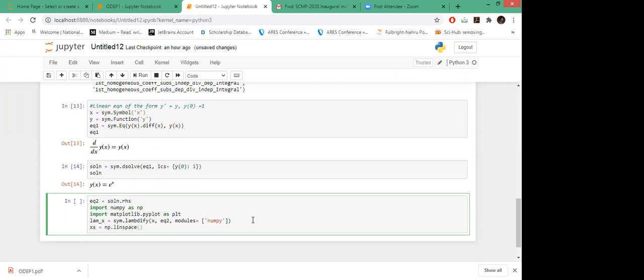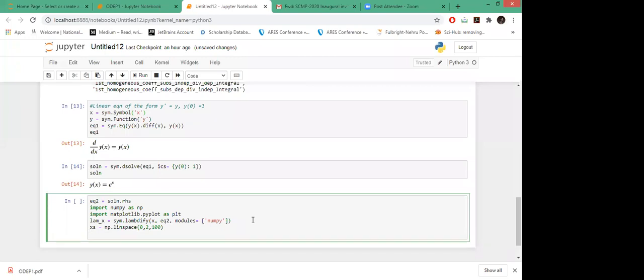From 0 to 2, I'm taking 100 points. What the linspace function does is give you 100 equispaced points from 0 to 2. And using those points, it will give you the corresponding values of y(x), which I have stored in eq2, e to the power x.